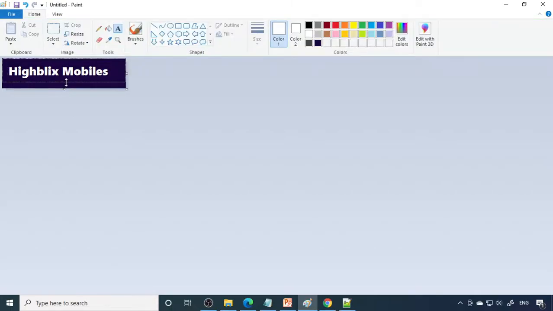You can change the font and so on, depending on how your logo should look. You can also take the eraser, and Control minus will make it very small, and here you can make something like a logo.